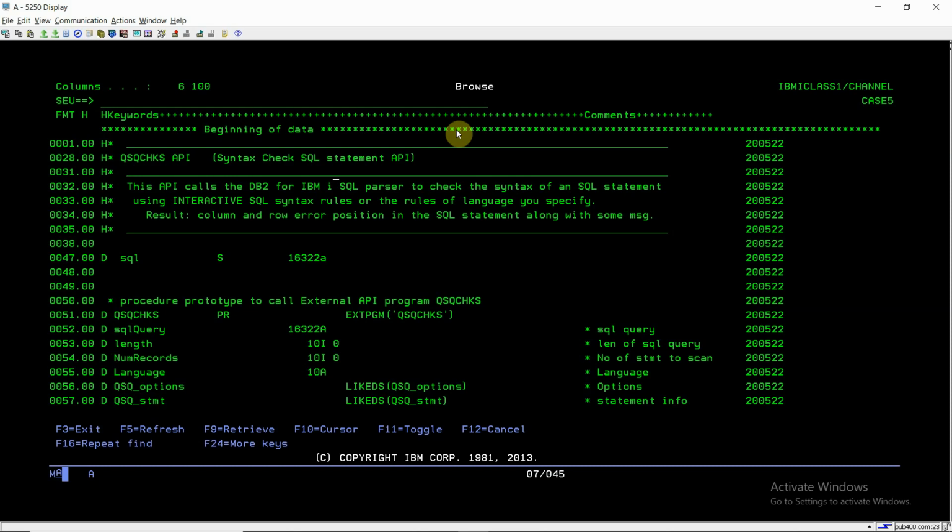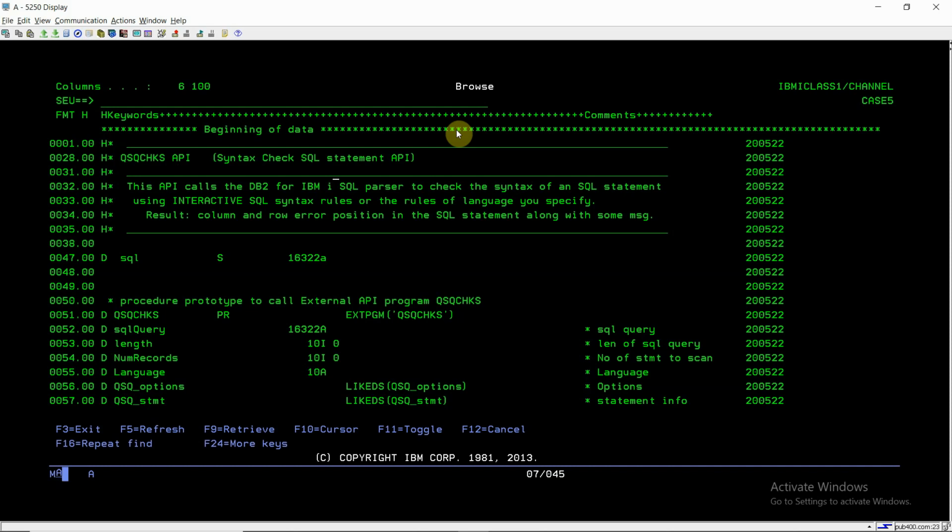This API will internally call the DB2 for IBM i SQL parser and will check the syntax of an SQL statement. It will use the interactive SQL syntax rules when checking the validity of an SQL statement which is inputted to the API.